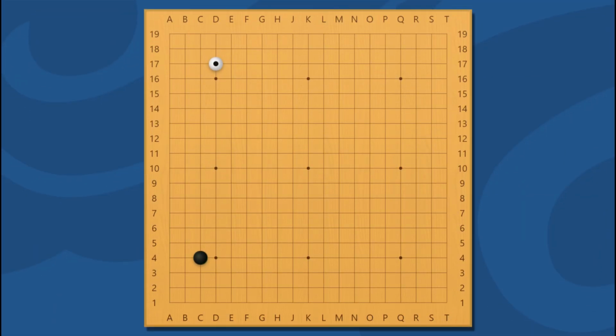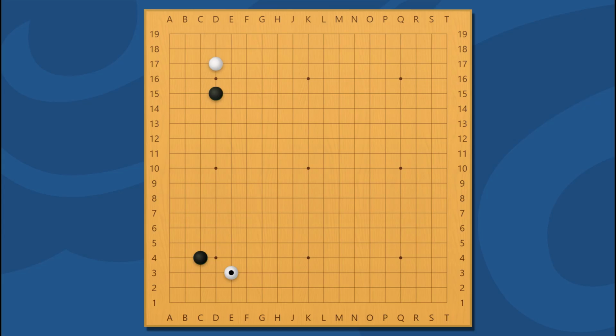Here, black plays at this position and white plays at this position. This move, which is played at a position where the opponent wants to make a corner enclosure, is the means to prevent the opponent from making a corner enclosure. We call it corner approach, since corner enclosure is a good thing that achieves two things at once by occupying both outer partition and territory. The position of the corner approach, which prevents the opponent from making a corner enclosure, becomes a very good point.